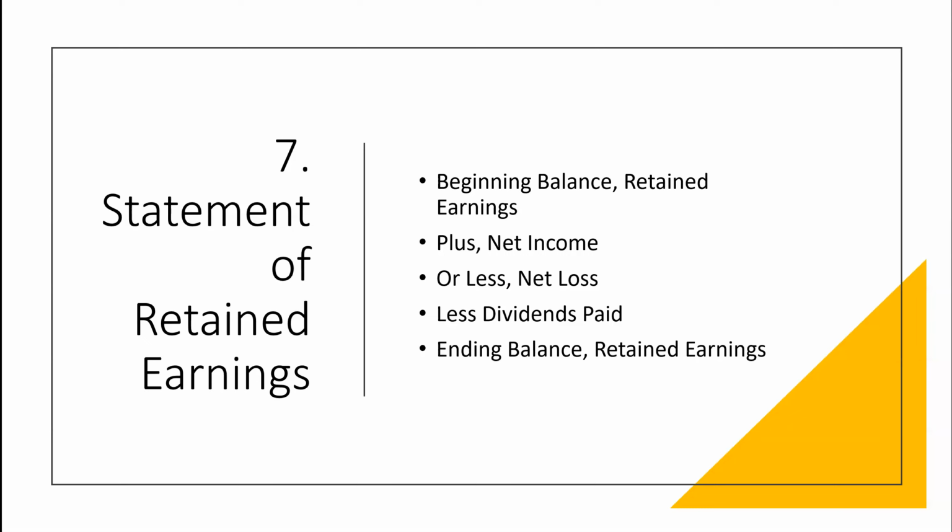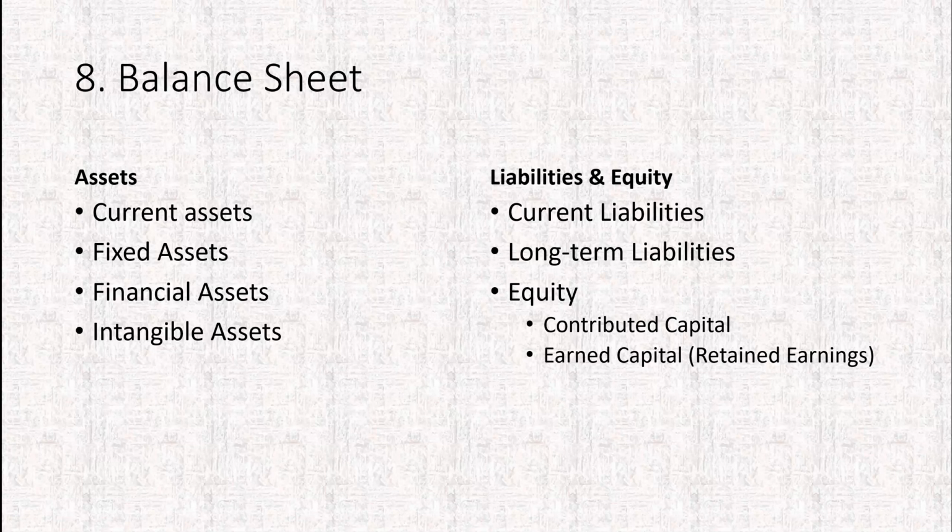So, at any rate, it's a reconciliation statement that just takes us from one beginning balance to the ending balance, and tells us how we got there. Then from there, we go on to the balance sheet, and the balance sheet is going to have basically two sections. This is a typical presentation side by side, but there's also a vertical presentation where assets are listed over liabilities and equity. So they can either be side by side like this, or vertical, with assets on top of liabilities and equity.